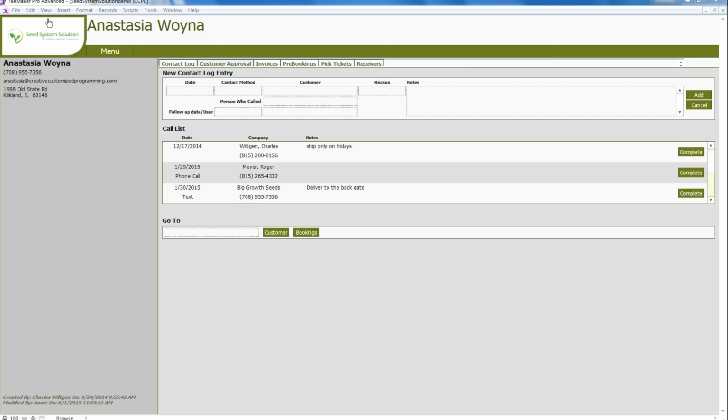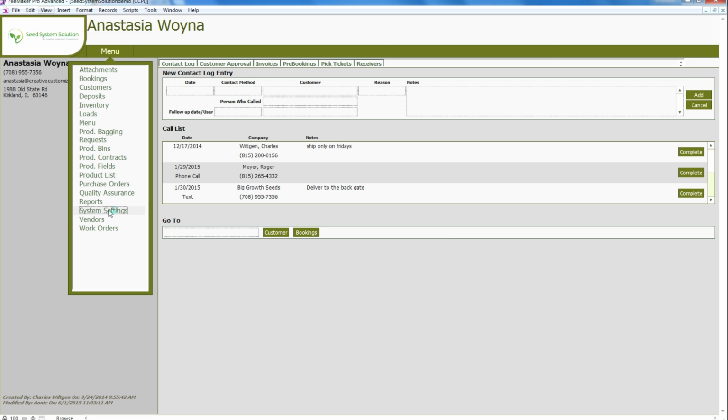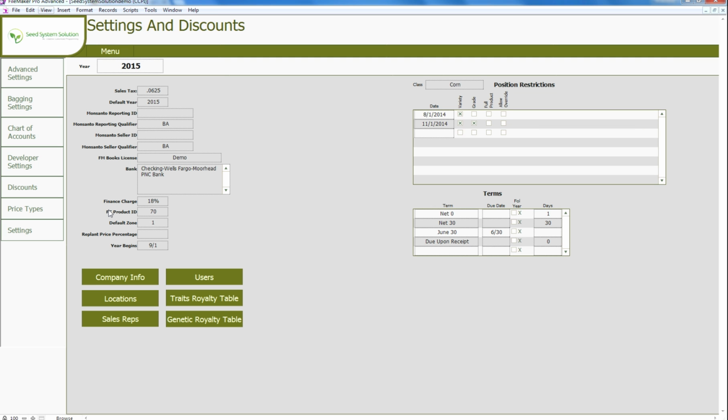in this video we will discuss setting up your trait royalty table. So from your main startup screen, select Menu and then System Settings. If you do not see System Settings, that means you do not have access to this portion of the program. From here, you first want to make sure your default zone is correct, as this does affect your pricing on your trait royalty table. Once that is correct, select your trait royalty table,